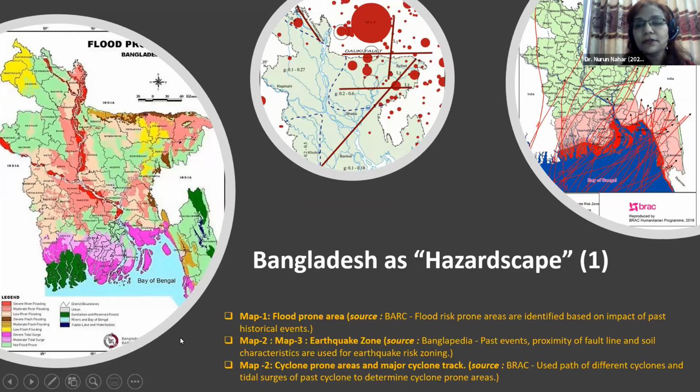Although we have been managing all these disasters since our independence, we still have a long way to go in terms of reducing our property losses and protecting livelihoods. As you can see on the middle slide, it also shows the earthquake. Earthquake is another high-risk hazard, and we are doing a lot of preparation for it, but we also have a long way to go.